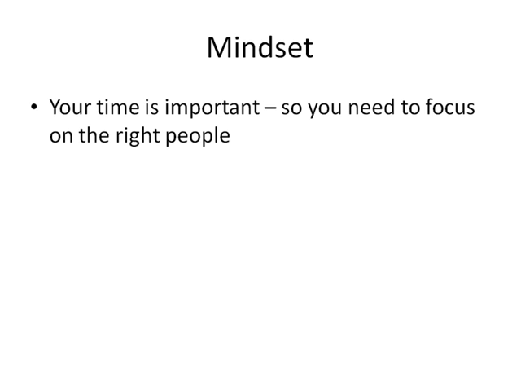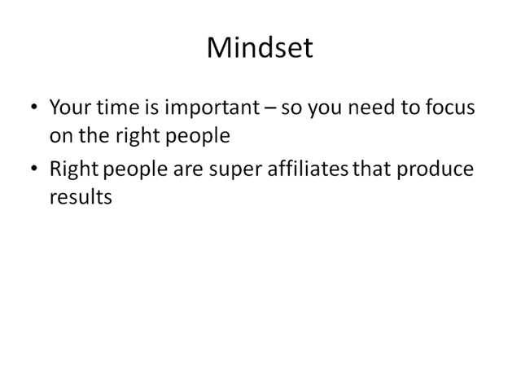In terms of product launches, as a vendor or product developer, a lot of times it's easy to want to focus on just about everything, from the details of the product launch and everything like that. But in reality, in producing a good product and a good marketing strategy, sales funnel, sales letter, and so forth, your affiliates are very important people. But you have to focus on the right affiliates. The right people in this case are super affiliates that produce results. Basically, affiliates who produce results are the people that you want to focus on.